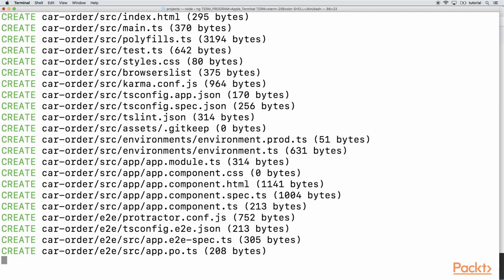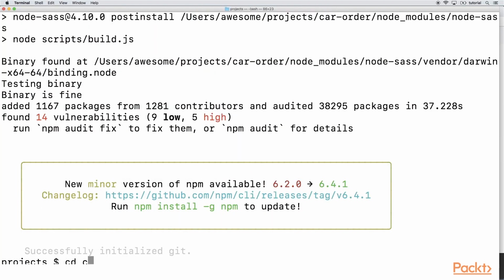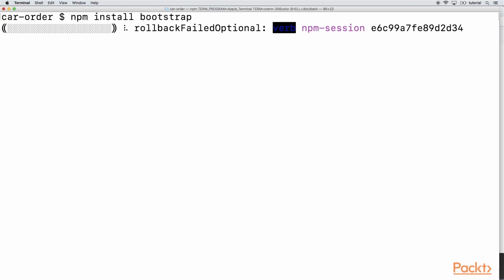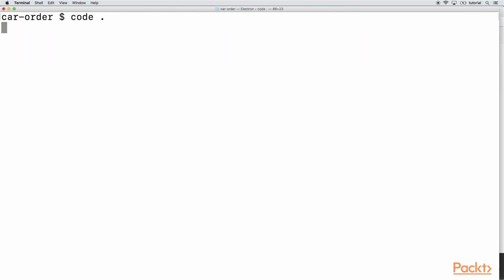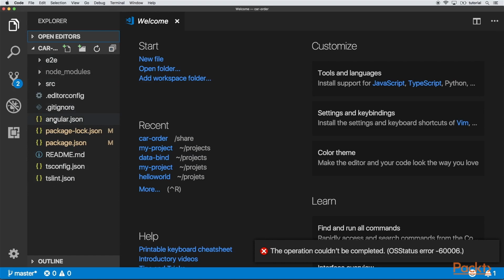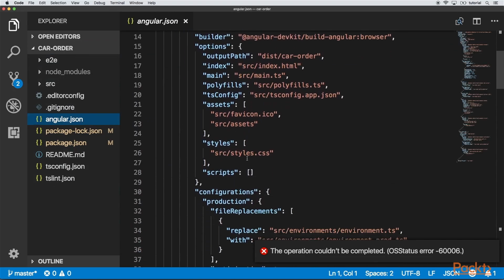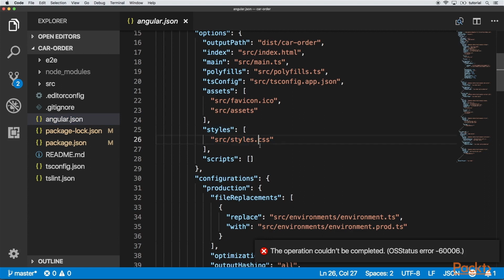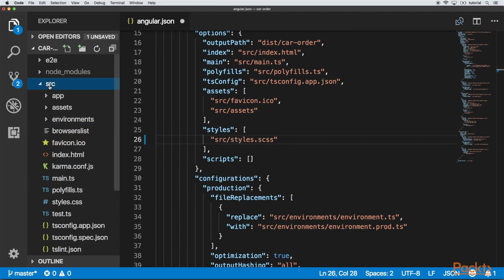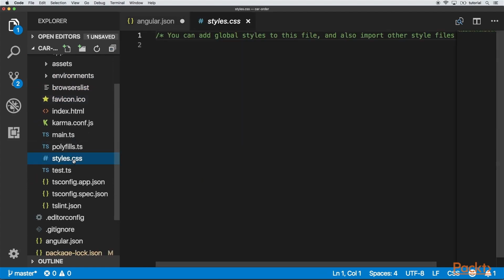And meanwhile, I would like to show you another way of styling. So we will install Bootstrap from npm. So just type npm install bootstrap. Once it is installed, go to an editor, and we need to find the angular.json file. Here it is. And we need to modify the styles section. So instead of CSS, we're going to be using Sass, so it's going to be the SCSS extension. And we need to rename our styles to